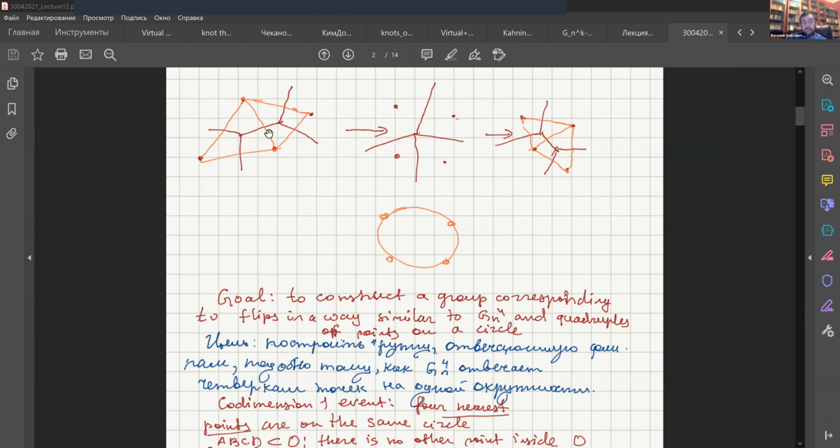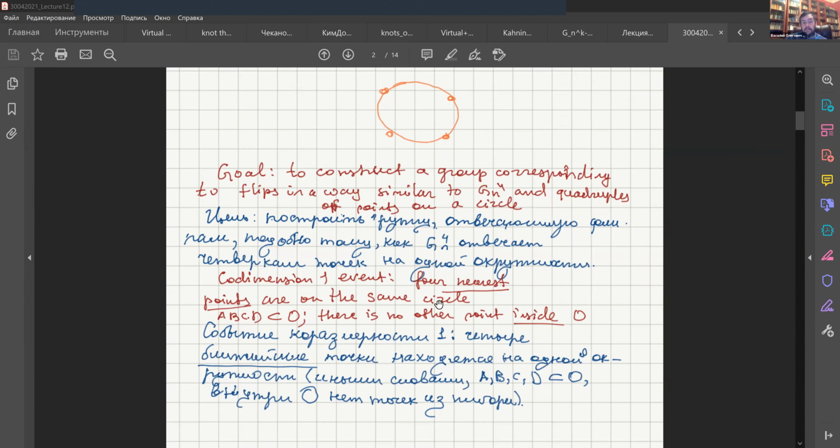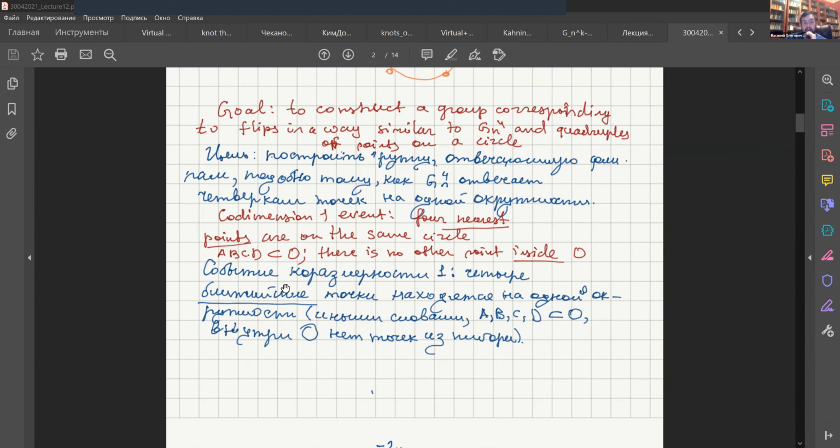So here we have the flip for Delaunay triangulations and Voronoi diagrams, and here we have this codimension one event for nearest points on some circle, and nearest means that there is no other circle here. Actually, here it's a good exercise, and you can add it to the list of exercises. Check the conditions of G and K and see what is not satisfied,